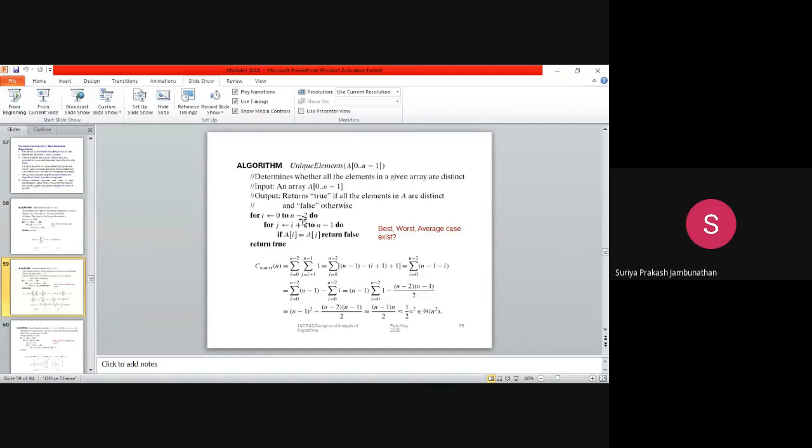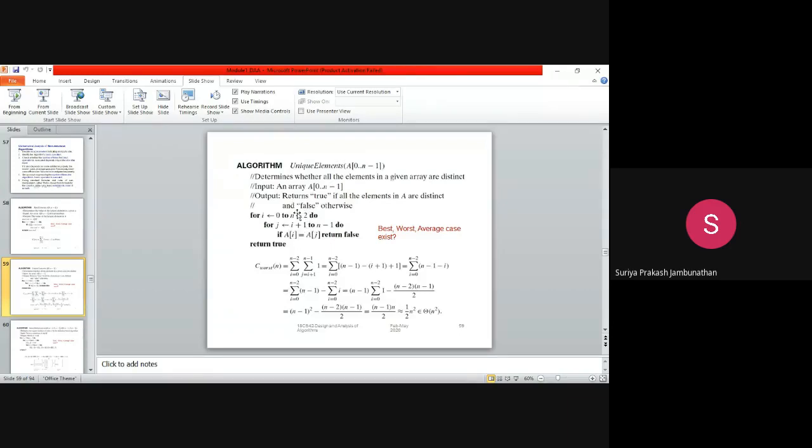I told that because every time the j value has to come here. When you are updating, the j value has to be declared as 0 initially, and j plus 1 has to be given here, not i plus 1. That is the modification I told while explaining this. Every time you modify, there was a mistake in the algorithm that has to be rectified. I hope everyone understands the algorithm.